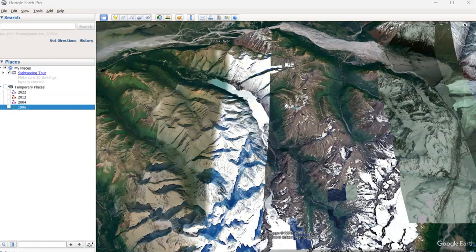For this physical geography assignment, you are going to be using a variety of tools in Google Earth to measure either the recession or advance of a glacier in some part of the world. It's entirely up to you what glacier you decide to use, but you will need to find one that has enough historical imagery, which I'll explain in a little bit, that you can actually see the advance and recession taking